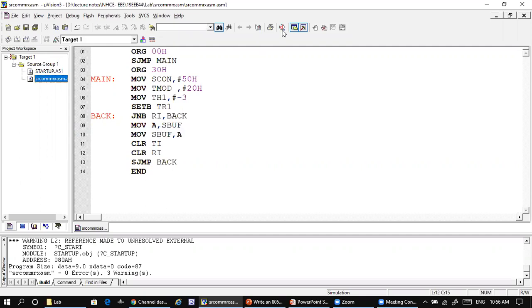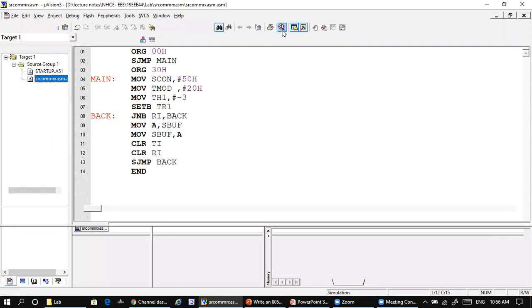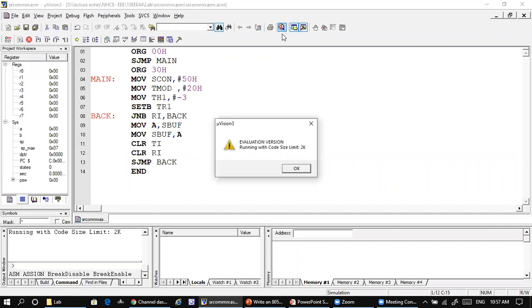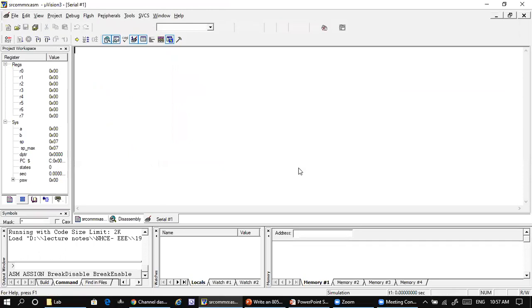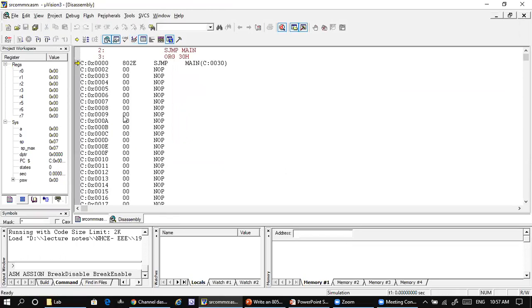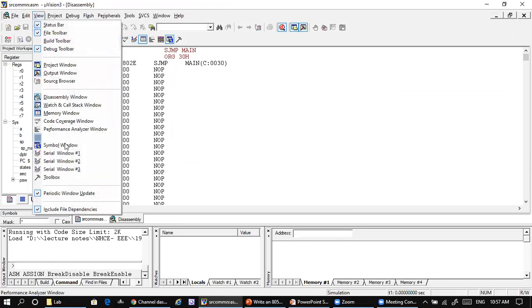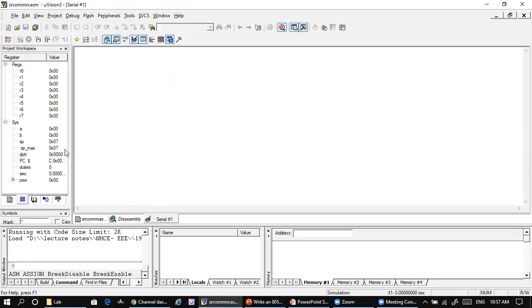There are no errors, so you can start the debug. When the debug is started, we have to see our output in the serial window, so go to View and open the serial window here. All you have to do is simply run.